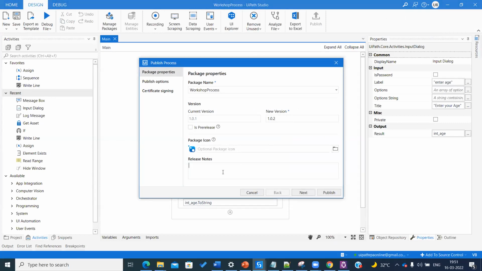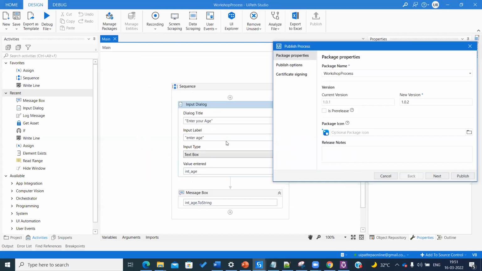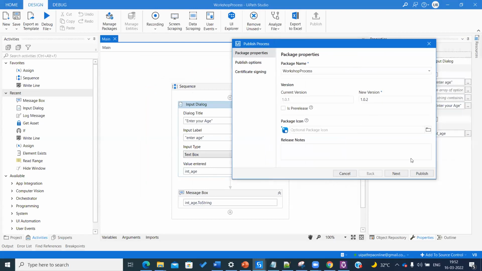And like I said, always you need to add the release notes. So the next question is, if I have not changed anything here, let's say in version 1.0.1, I have not made any changes from this version, now if I click on publish, will UiPath allow me to publish? The answer is yes. Even if you do not make any changes to your current version of your project, UiPath will still allow you to proceed. But there is no point in publishing the package if you have not done anything. But if somebody is asking you, that's the answer.